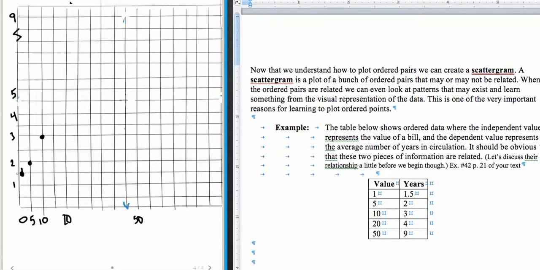And then the last one that we have here would be 50 and 9. So 50 and 9 being this one up here. And now you know that we really should put the ordered pairs. I'm about out of time, so I'll just put these as a start here. But that would be a scatter diagram of these particular ordered pairs. And one of the things that I want you to notice about those as I finish writing ordered pairs here is that these things are showing us